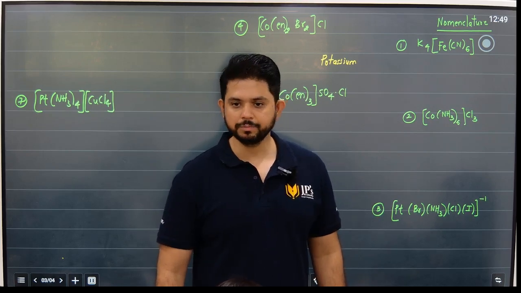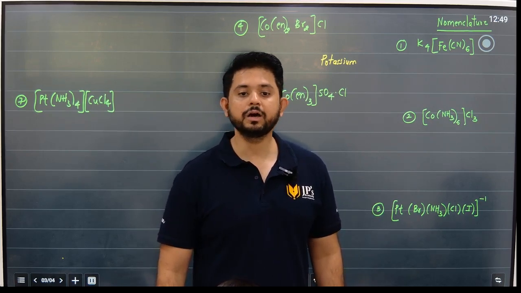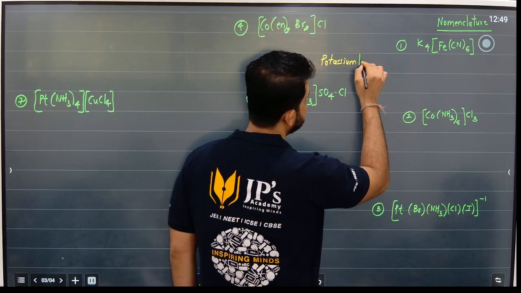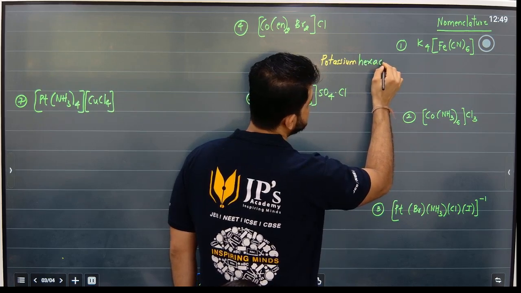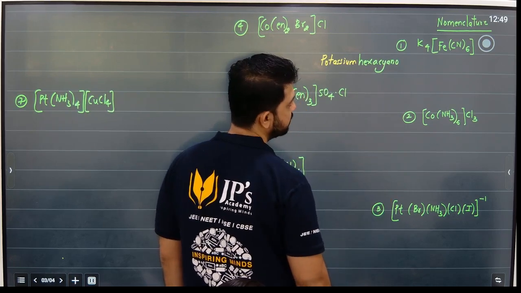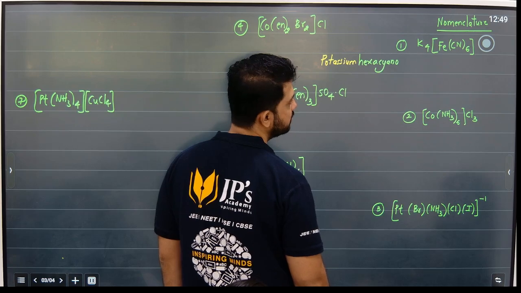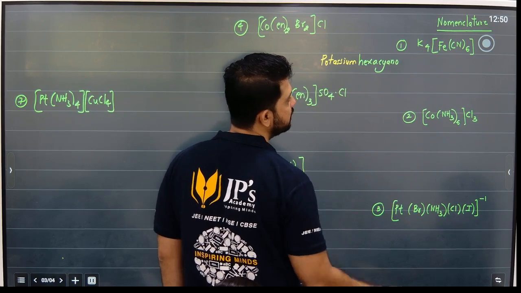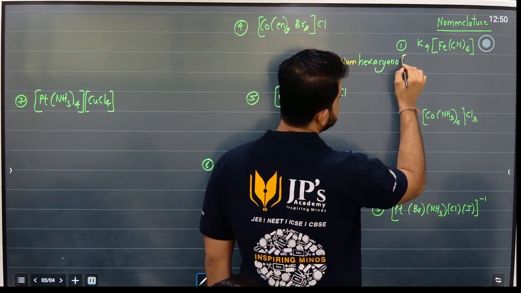Cyano, cyanido. How many cyanido are there? 6. So what will come? Hexacyano or hexacyanido. With me? Now, what is the central metal atom that you have? Iron. So we write